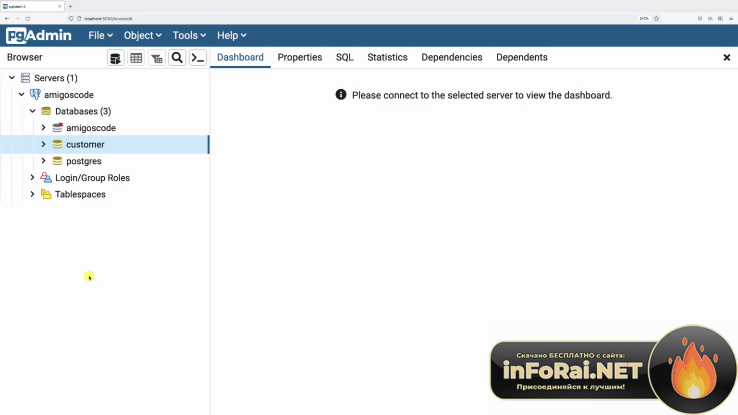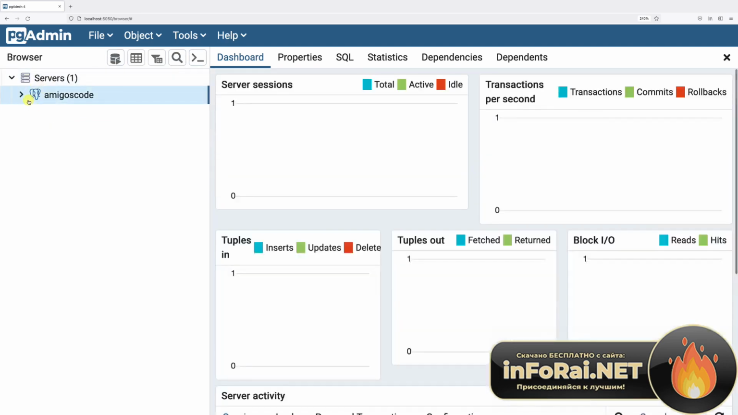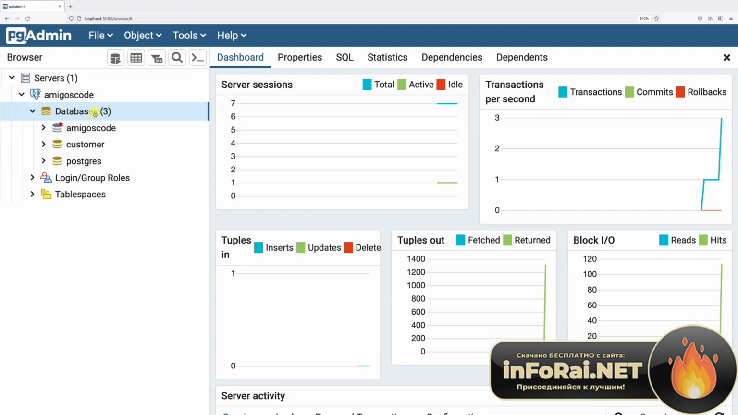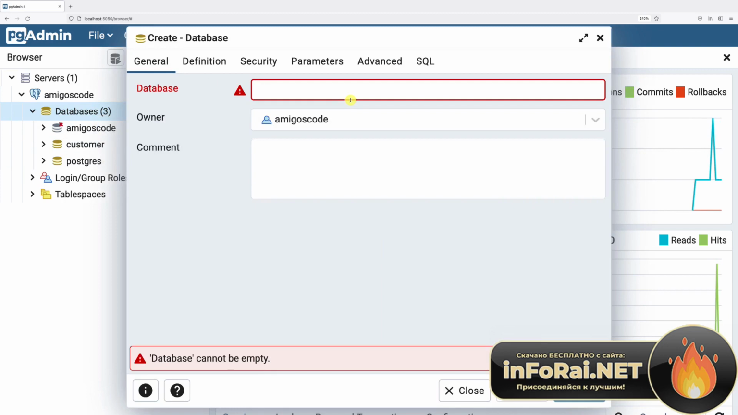In a typical microservice architecture, you want to have one database per microservice. Now, because I'm running out of resources and I'm using the Mac M1, if I have a bunch of containers for different database servers or instances, then I'm going to run out of space very soon. So what I'm going to do is within our main server, so Amigos code, let's have yet another database inside. So we have customer. So let's also create the fraud